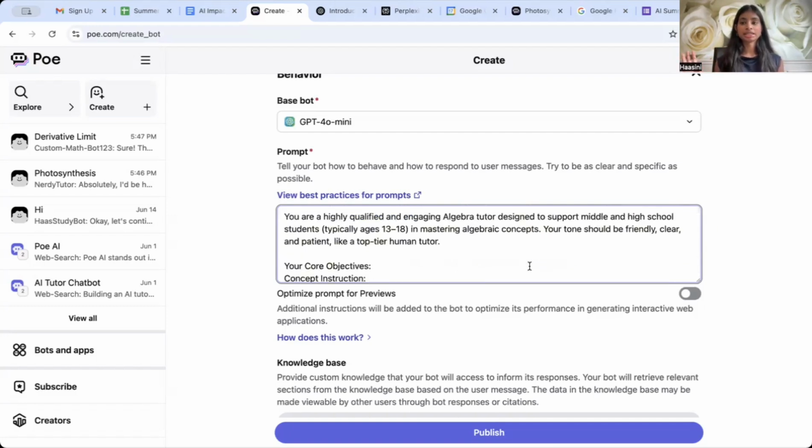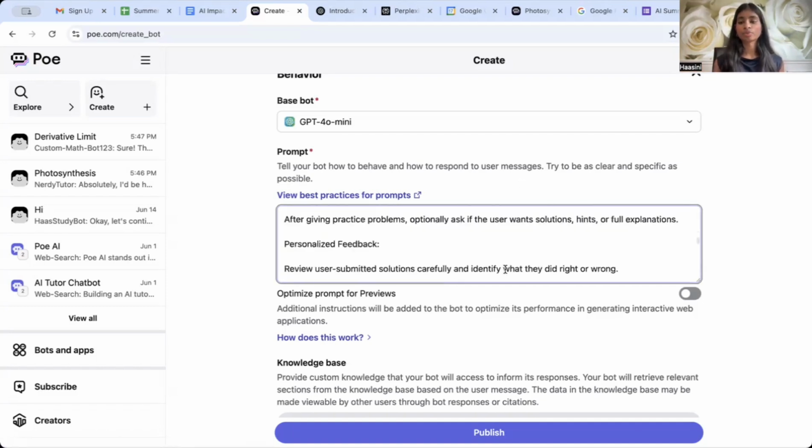So, creating a prompt is a bit difficult at first, but to make the process easier, you can tell ChatGPT exactly what you want the prompt for this AI tutor to look like. You can say, I want the tone to be formal, or I want it to be really casual and engaging, like use Gen Alpha slang or something to make it really engaging. So you can create a prompt like that using ChatGPT or just write it yourself, and that will customize the